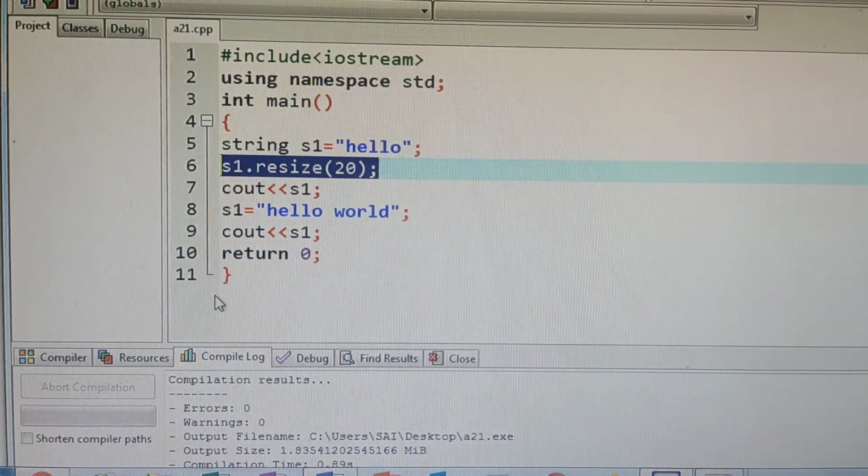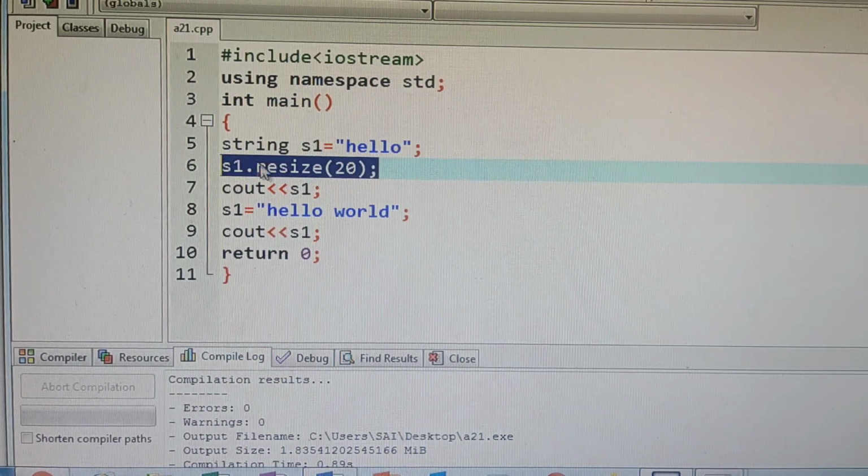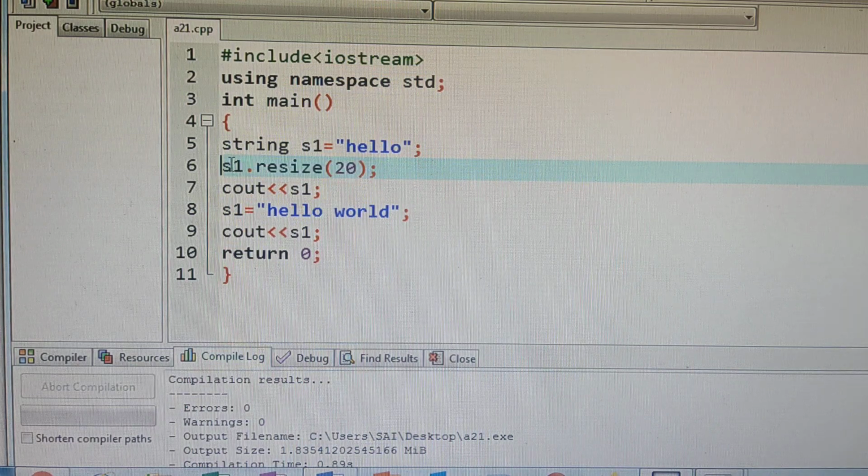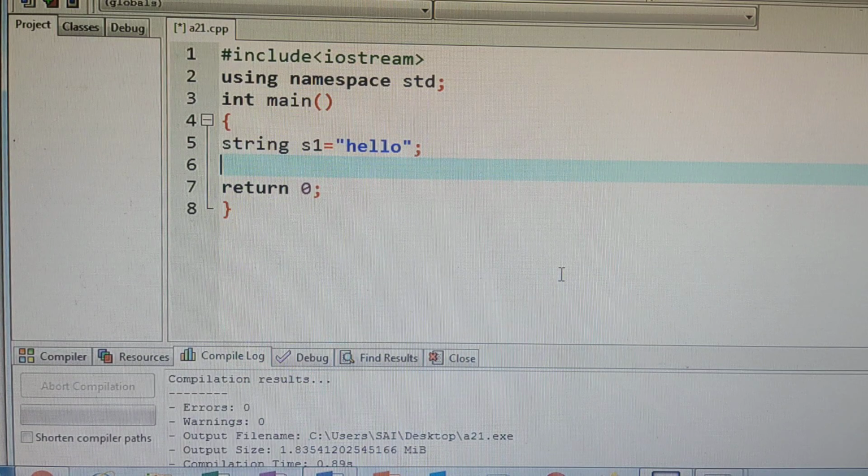Now we'll discuss one more function, that is concatenation. In order to concatenate, here we need 2 strings. So first I will initialize one more string so that you can add the 2 strings. String s2 equals to world.